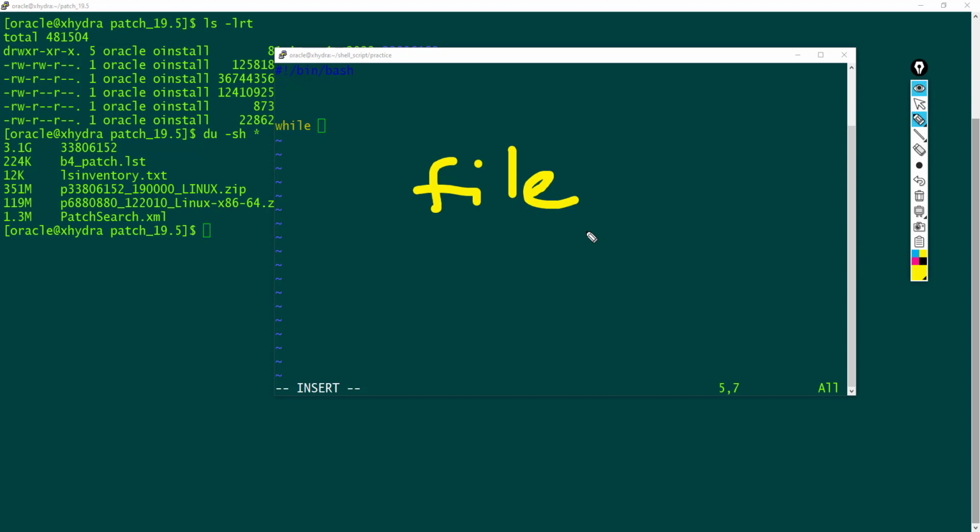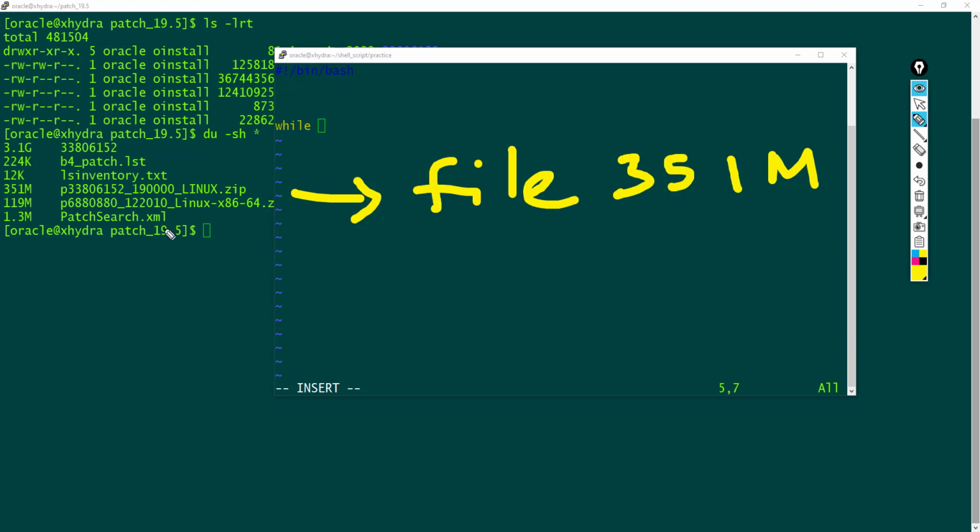As per your requirement you can adjust the time duration. So let us consider this patch file, which is almost 351 MB. In real time there may be some temporary files which may reside in any of the directories, and that temporary file